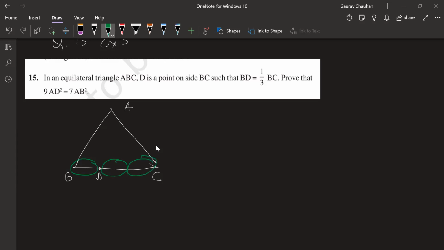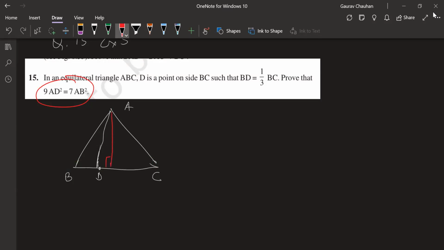We good with this? This is how my mind works as soon as I see a fraction. BD is equal to 1/3 BC. And now I know I can join this here. One more thing I can make 90 degree. Why am I making that 90 degree? First of all, why am I joining AD? It's in the proof statement. AD is there in the proof statement, AB is there in the proof statement. My mind is going, there is no 90 degree anywhere. Can I make a 90 degree? Can you do that by doing a construction?